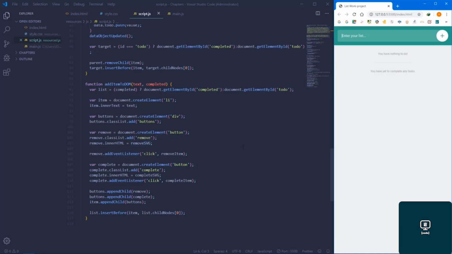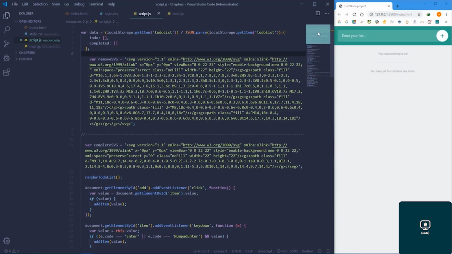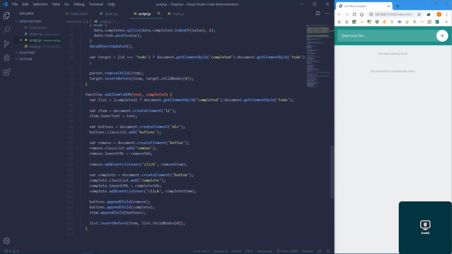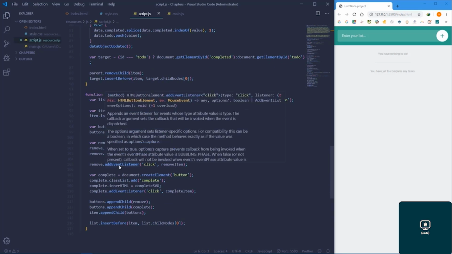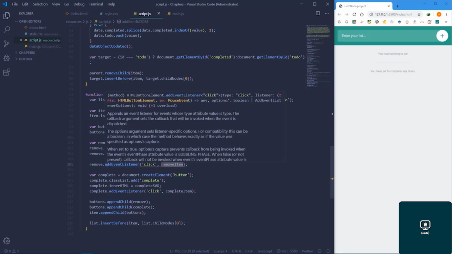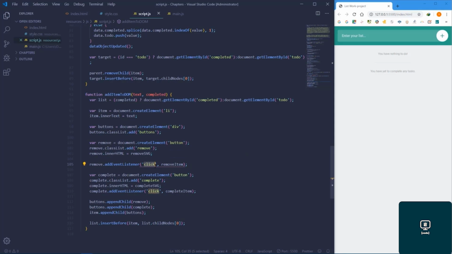The remove SVG icon that we had right here, we pass it to it. We have a remove SVG and we have a complete SVG. They were two icons in the first session. We set these two icons, and here it has the buttons and the remove option. Now what we did was to define an add event listener. We said using the click event do what? Do the removing. That is, when we click the remove icon, the add event listener with a click event would be imported. Now what is it removing? It is removing the remove item that we define for it. Remove is item one by one. That's one